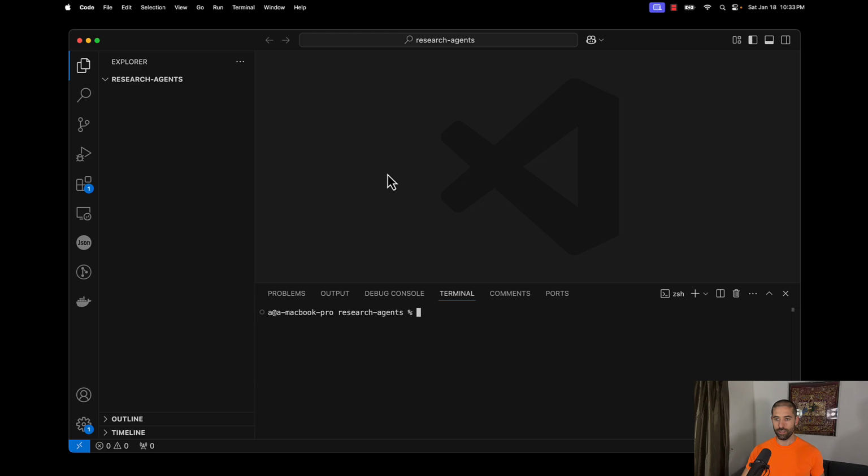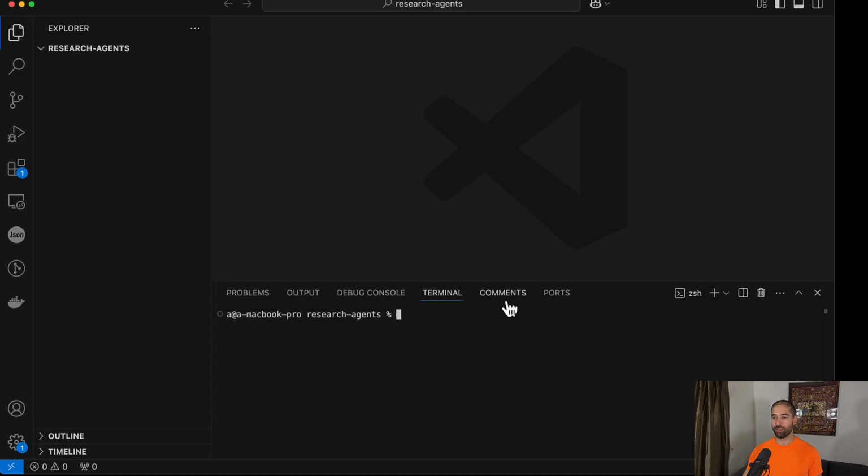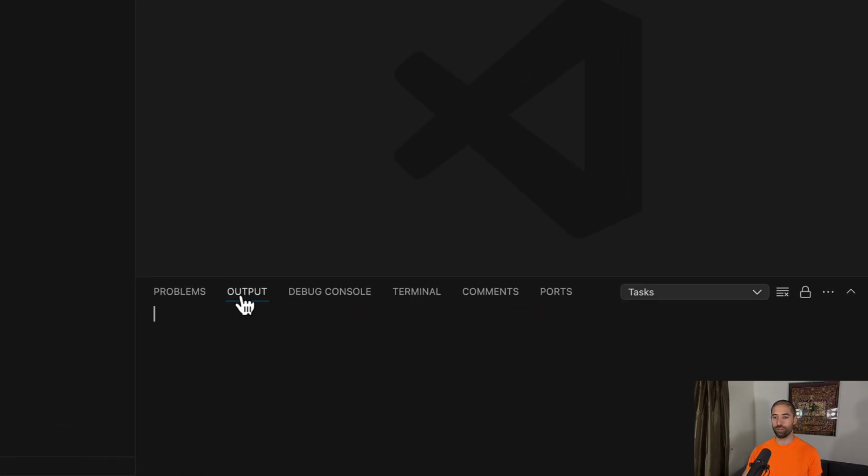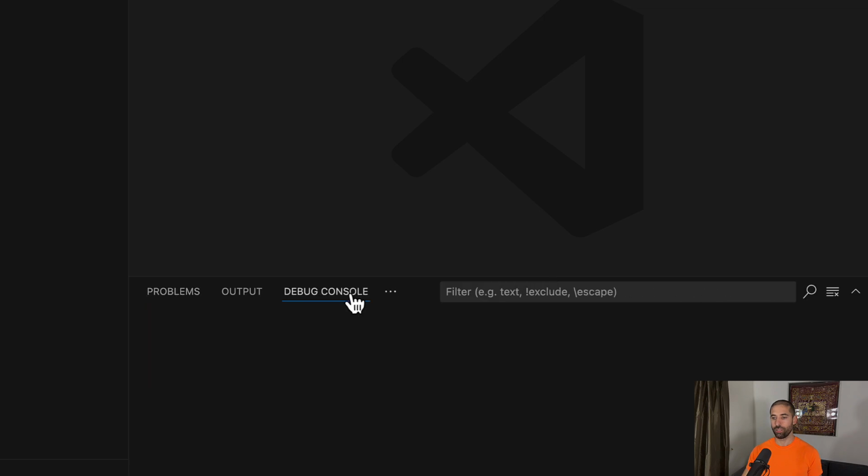So it's very similar to other code editors. It has a very similar layout. Here you have a pane that allows you to view all of the files and folders within your project folder. If you click on one of the files here, this pane will allow you to edit the code inside of that file. And it'll color all of the code in a way that makes it easier for you to read it. And you can see here, there's a section with a bunch of different tabs